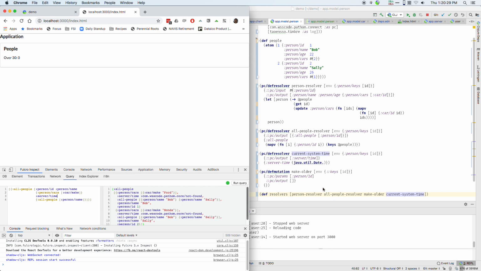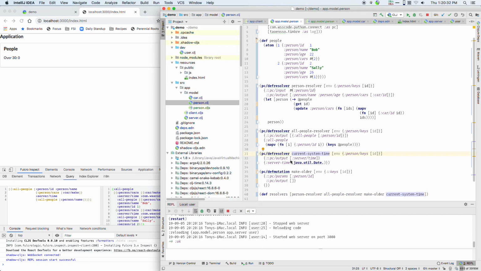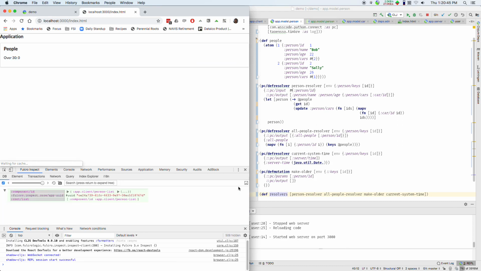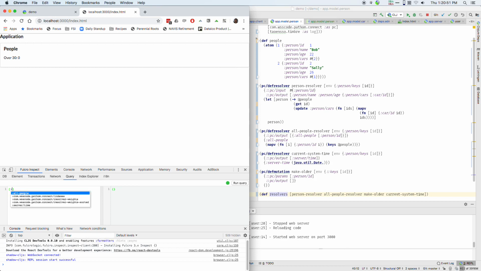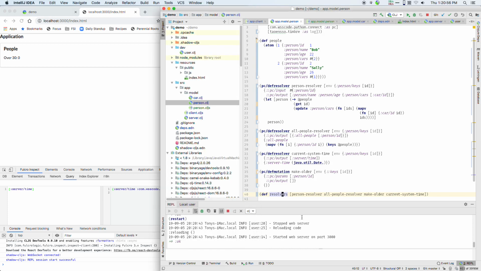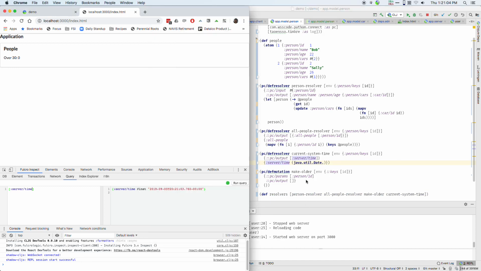Oh, not found. Why is it not found? Output is server time. I output server time with the date. I put current system time into the list of resolvers. Interesting, the completion is telling it to me now, but I have mismatched this. Oh, let's actually make things match. There we go. So now I'm getting the server time as an instant,